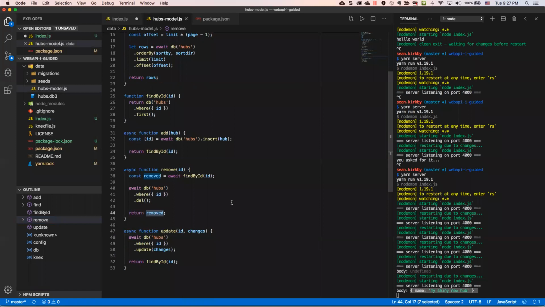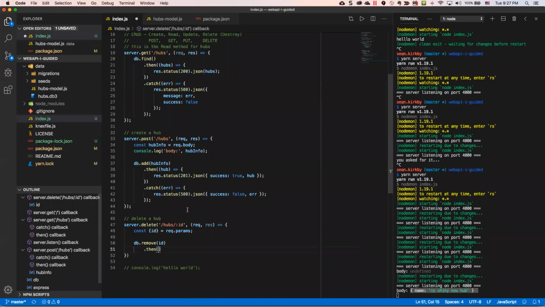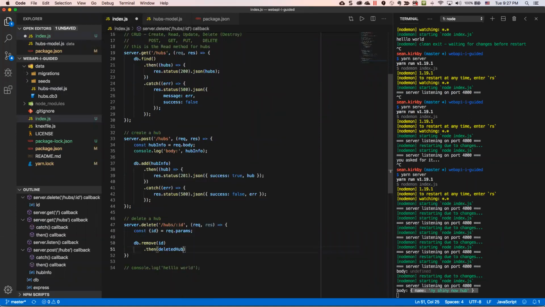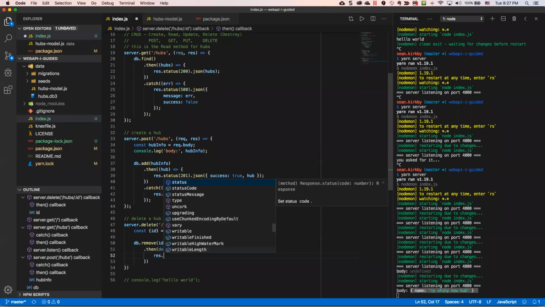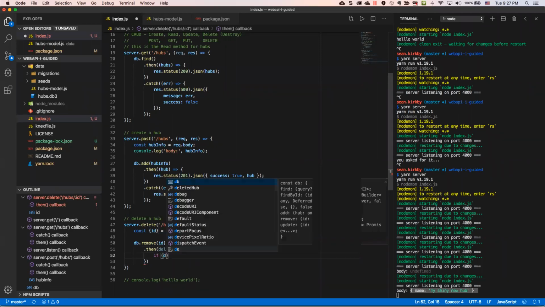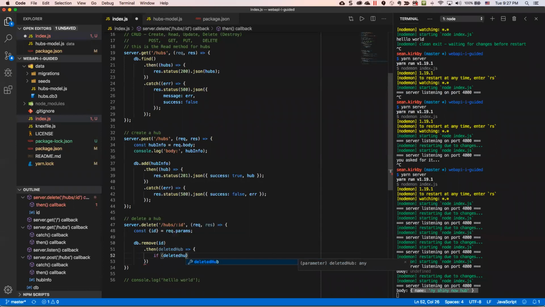Okay, so what we want to do in this case is we'll just call it the deleted hub, and we're going to pass that into a callback function. What we really want to do is here we want to check and make sure it was properly deleted. So we could say if deleted hub exists,